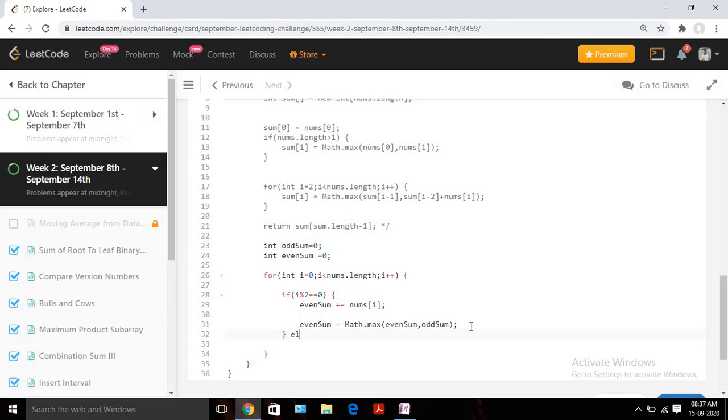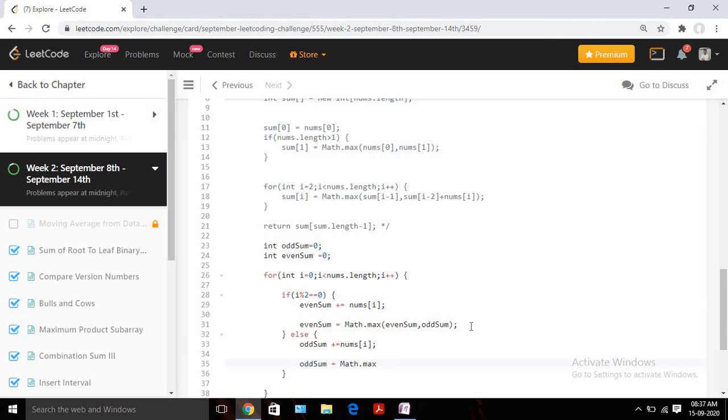Now what else? So similarly we need to do it for the odd sum also. If my particular house index is odd, then I am going to consider my previous odd value plus the current house value, right? Now what else? Again similarly we need to take the maximum value, right? Wherever I am gaining maximum money, I need to consider that only, right?